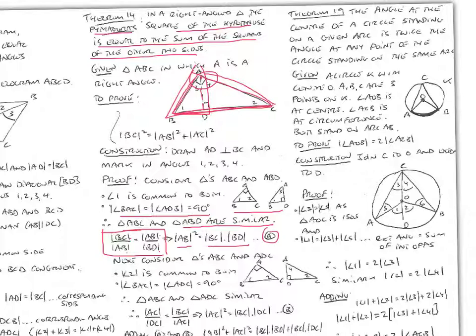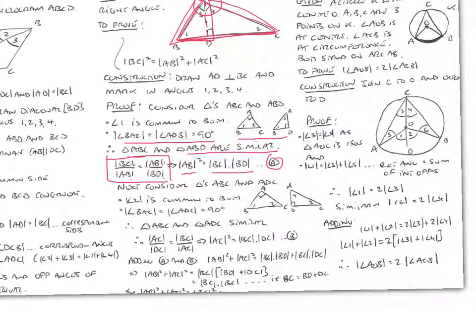We'll call that A. Then if we consider the triangles ABC and ADC, then we can say that the angle 2 is common to both. Angle BAC and angle ADC is 90 degrees. Therefore, triangles ABC and ADC are similar. So using our ratios again, we can show that AC squared is equal to BC times DC, and we'll call